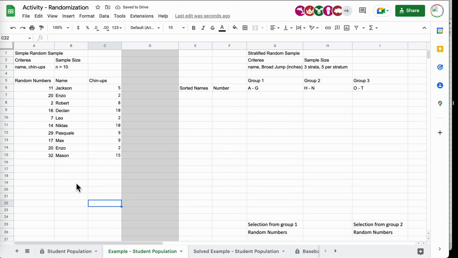I'm going to take you through stratified in a second, but I can tell you that we're going to be using randomization fairly frequently for data collection. So having this template set up and ready to go is really, really useful. Now stratified, if you remember, oh, actually, let me pause right here because I know